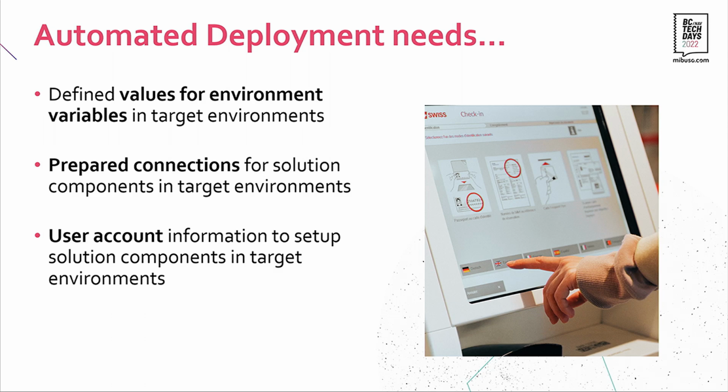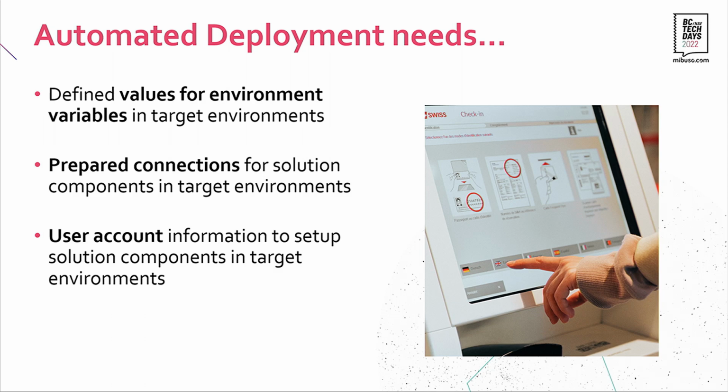I need to look at my solution and say, well, what connections do I have in my development environment? Furthermore, I must go to my target environments and set up everything, so the connection references are there, as well as the environment variables that I use are correctly configured. Furthermore, when you know how to develop Power Automate flows, there's also the necessity to specify an activation user or to give it a proper owner